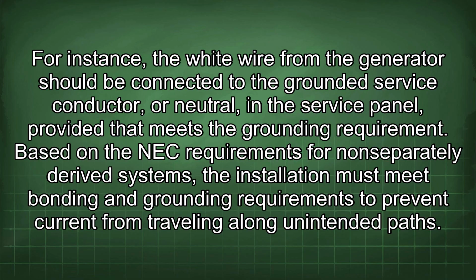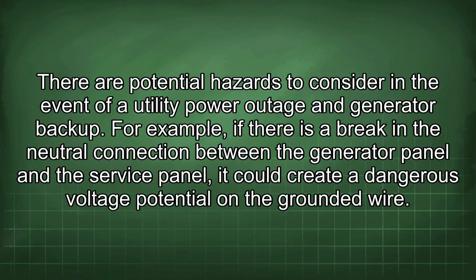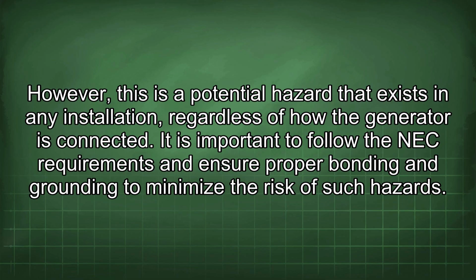Based on the NEC requirements for non-separately derived systems, the installation must meet bonding and grounding requirements to prevent current from traveling along unintended paths. There are potential hazards to consider in the event of a utility power outage and generator backup. For example, if there is a break in the neutral connection between the generator panel and the service panel, it could create a dangerous voltage potential on the grounded wire. However, this is a potential hazard that exists in any installation, regardless of how the generator is connected. It is important to follow the NEC requirements and ensure proper bonding and grounding to minimize the risk of such